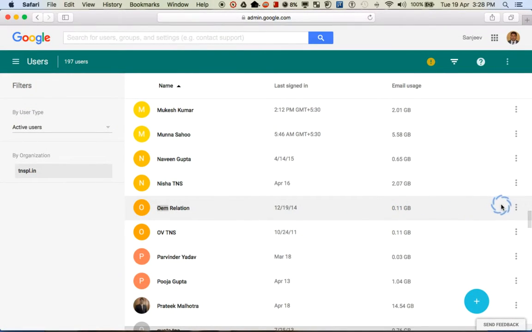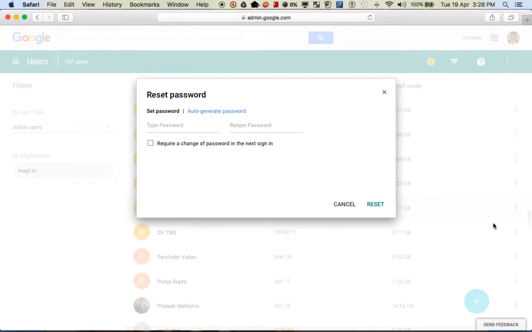I have an account here, and if I want to reset the password, I can simply click on reset, and I can also auto-generate a password and email it to them.